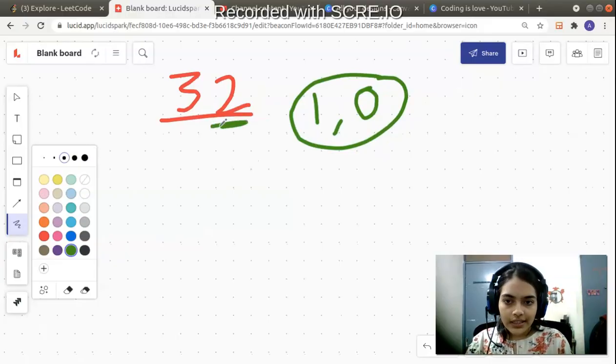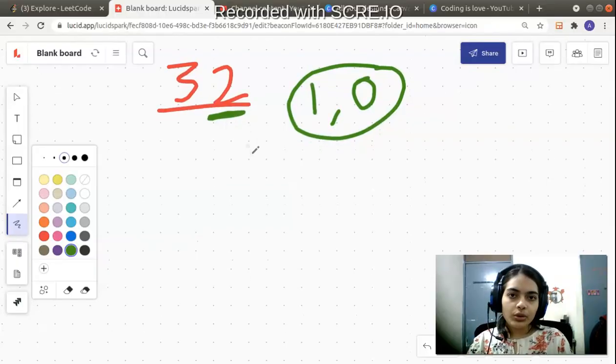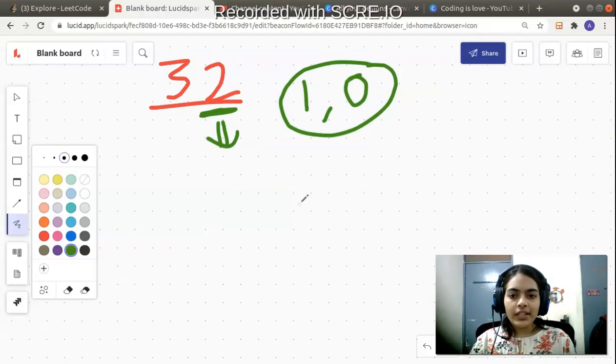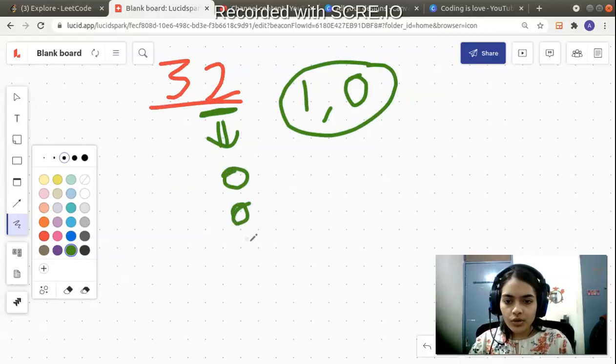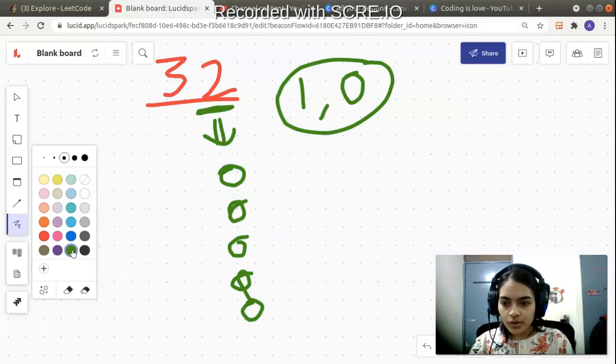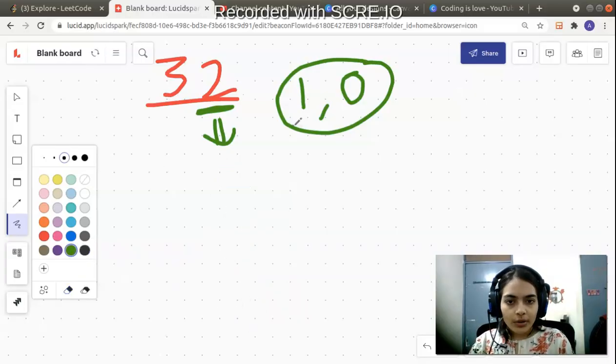So, let's consider the unit digit. At the unit digit, you need 2. Can you make two using zeros? Let's say I take so many zeros. Will that aid in any way to make two? No. So all the zeros are just basically useless because they are not going to help in any way to make two. So what do you need? You need the number which has a value which is one.